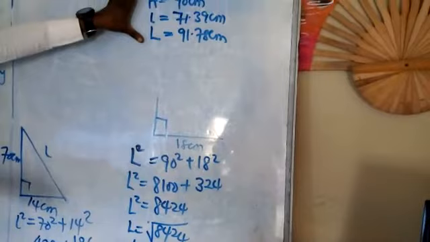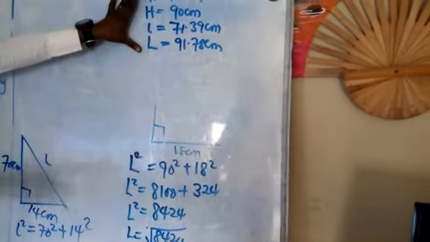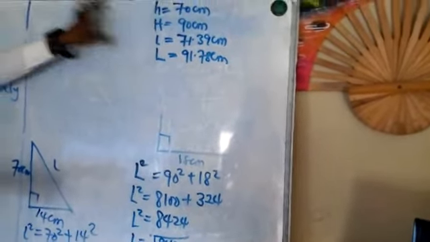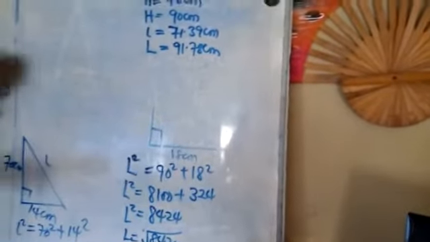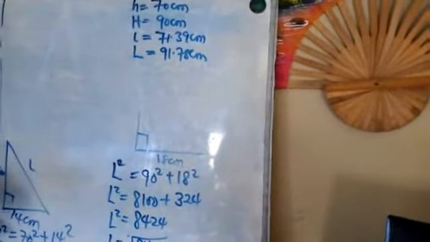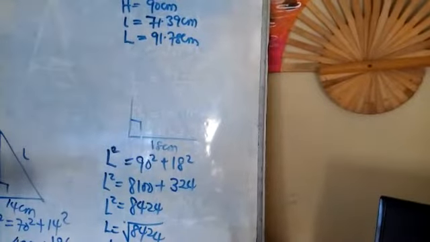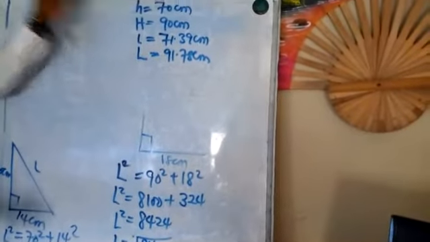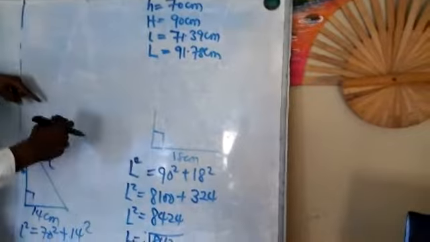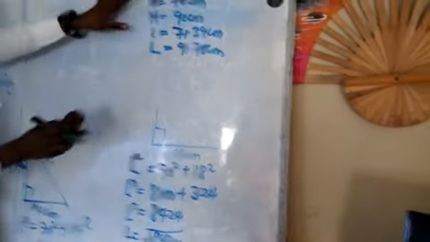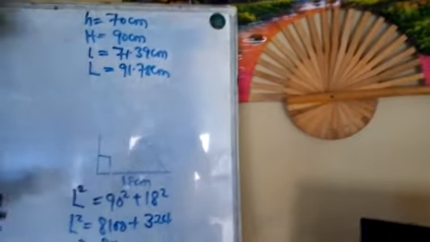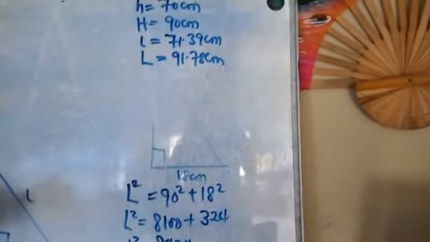Without these parameters, you cannot start solving the problem, because you need them. When you are asked to find the curved surface area, you need L. When you are asked to find the total surface area, you need the curved surface area. When you are asked to find the volume, you need H. So the first thing you do after reproducing the diagram is to determine all these parameters and keep them somewhere. Then you just start plugging in, and life becomes very easy.